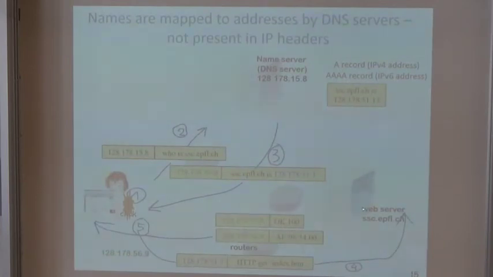How does the web server know the IP address of your web browser? When you contact a web server, you first go to the DNS to learn the IP address of that machine, then that machine responds to you. How do they know your IP address? Because we put the IP address in the source, exactly. So when we send a packet, we put not only the destination, but also the source. And the source is used primarily by the destination to know how to respond to you.